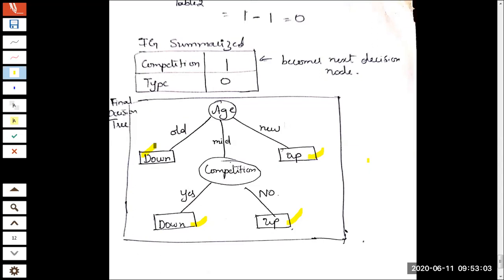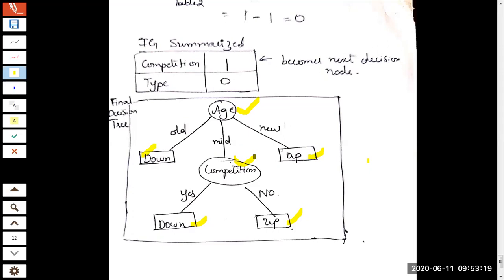Okay. So out of those three attributes, which attribute should become the root node? Which one should become the intermediary node? And that too at what level? Should we drop any attribute? So the answer to all these questions you can obtain by solving a problem related to this.